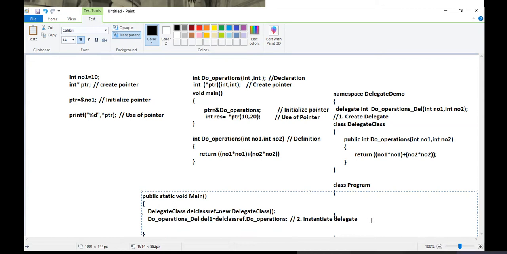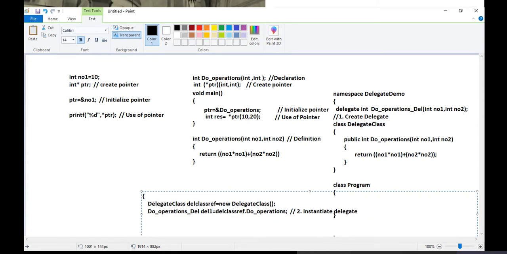That's it. Now, what is the third part? I'm able to call the method using delegate reference. So how am I going to do this now? Let's take here reference, which is delegate 1, and simply in brackets I will pass the values like 10, 20. Since it is returning the value, we'll take that in resultant, and then we'll be able to display the result